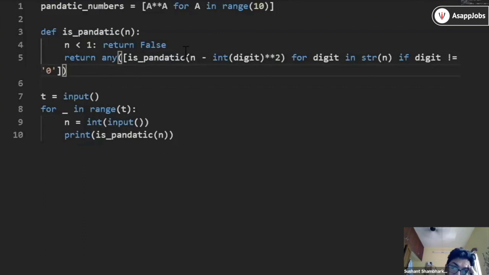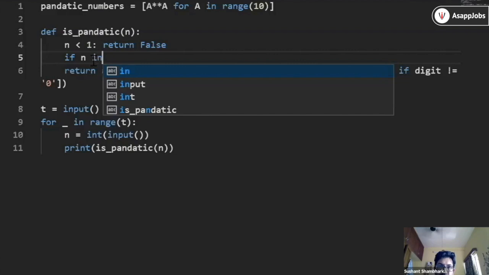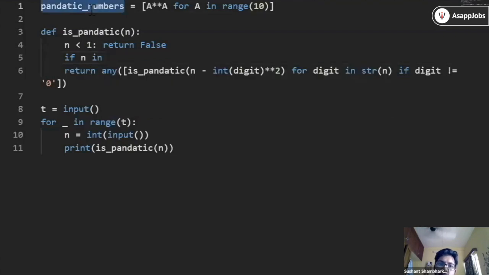We forgot to add when we return true. So can anybody tell? That is another base condition. So we need to check if n is in pentatonic numbers or not. If n is in pentatonic numbers, that means you have reached a pentatonic number. That means you need to return a true value. So there are two base conditions: false value, that means you have reached somewhere that you can't come back from, and true value, that means you have reached the leaf node of a tree. This is a true node. This is a correct value. This is a pentatonic number. You can return from here.